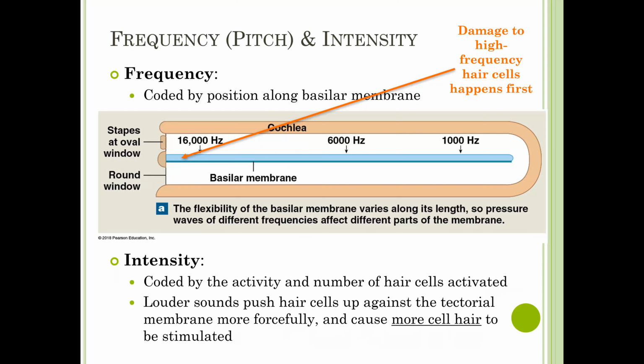Young children can hear the highest frequencies, about 20,000 hertz, but as you get older, you lose your ability to hear very high frequency sounds. They actually took advantage of this a decade or so ago. People created ringtones for cell phones that only young people could hear and older people couldn't, so they made it a very high frequency ring.